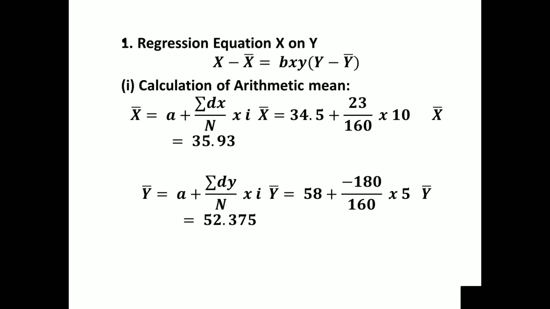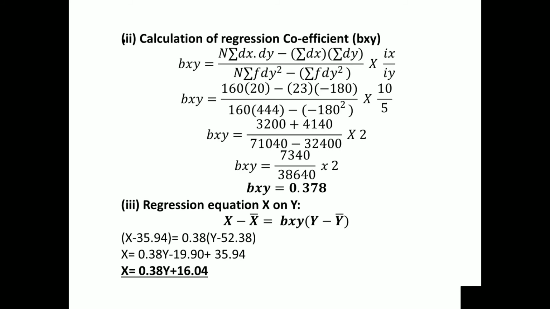As it is a continuous series, the formula will be x bar is equal to assumed mean plus sigma f dx divided by n, and sigma f dy divided by n will give us the arithmetic mean of the y variable. When we substitute the values into the equation, we will obtain x bar is equal to 35.93 and y bar is equal to 52.37. Once we calculate the arithmetic mean of the x and y variables, the next step is to calculate the coefficient of